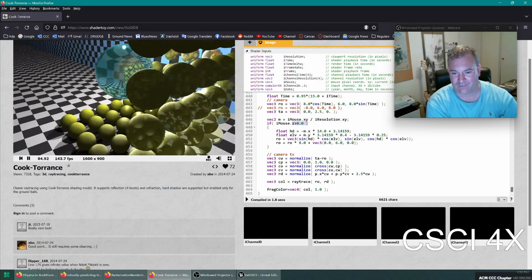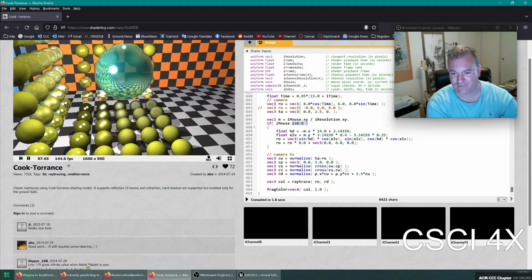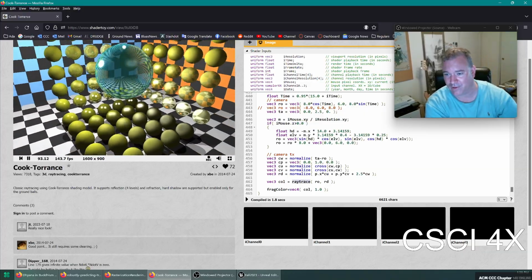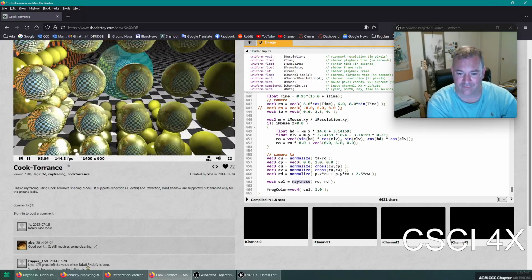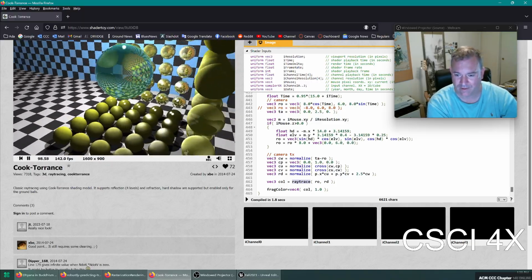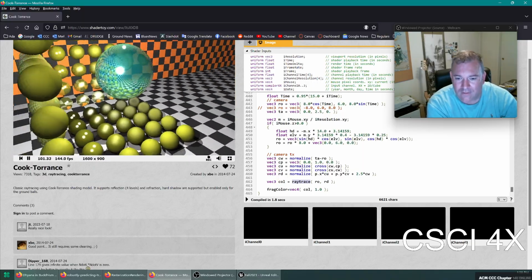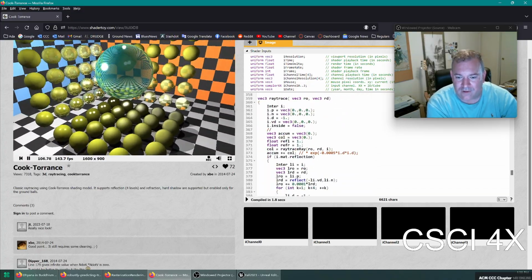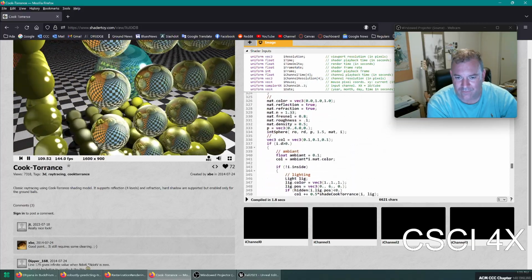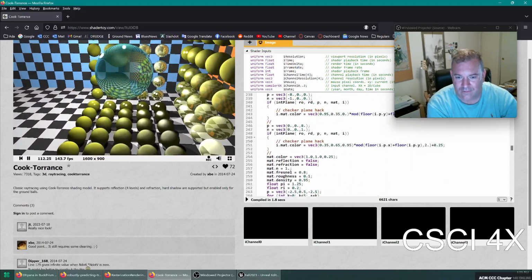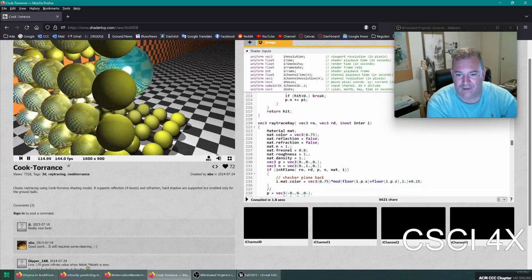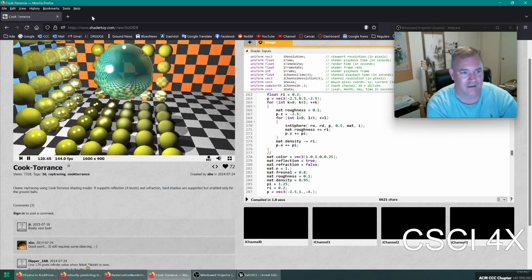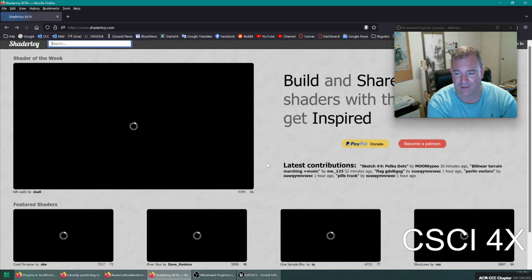And once it has figured out the camera's up and all these other vectors of what direction the camera is looking, then it goes into the actual meat of the function, which is called ray trace. And so it's going to ray trace from the starting point to the ending point, I believe. And then it's going to do ray trace ray, so it's going to shoot a ray out right up here. And it's basically doing all these complicated maths, which I could explain to you, except I can't. So